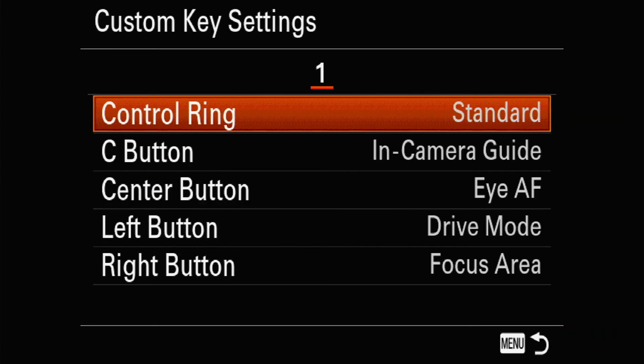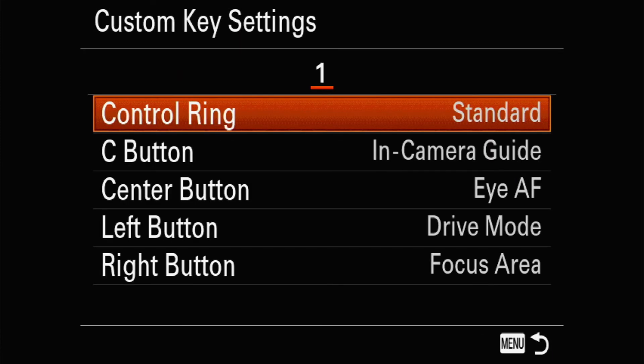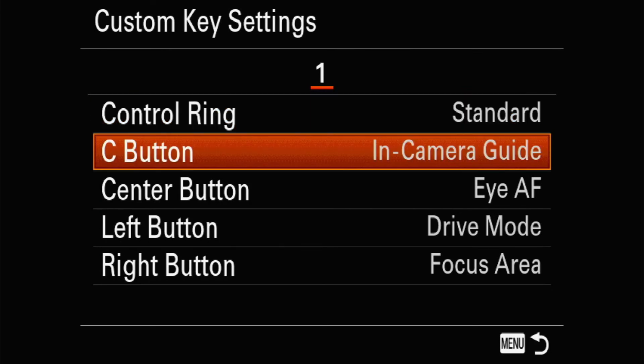Then custom key settings. We have some buttons or dials available on the camera. First is the control ring, that is the focusing ring on the lens. Similar to the function key settings, you can assign various functions over here based on your frequently used features of the camera. We have a C button on the back side of the camera.